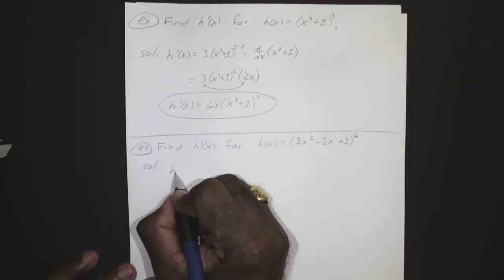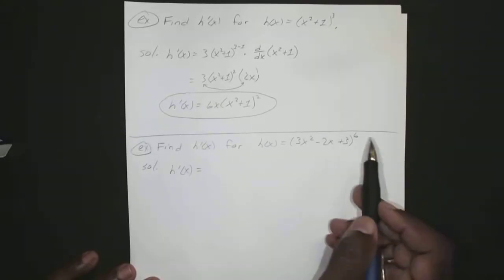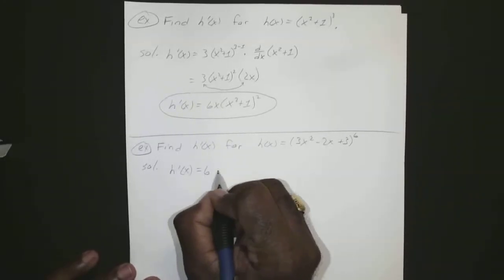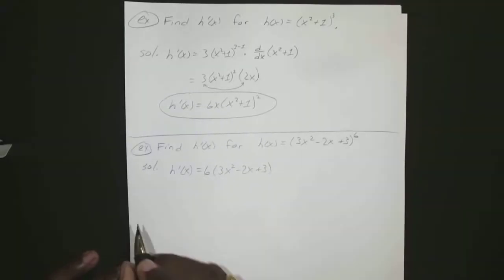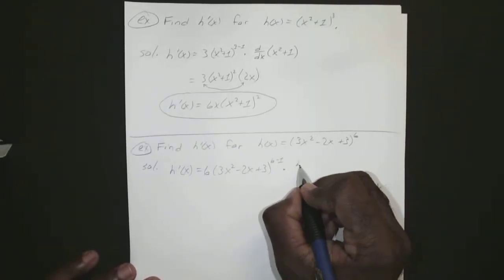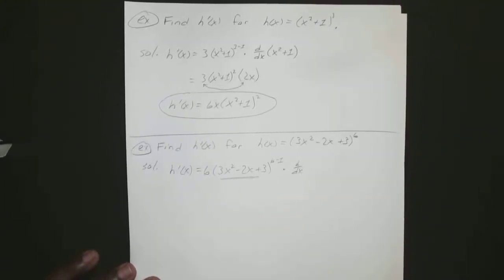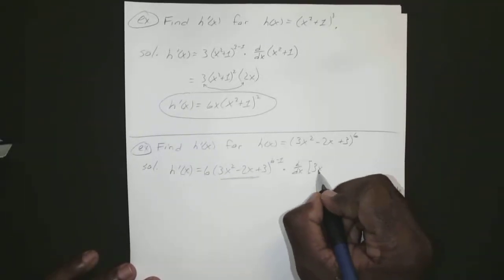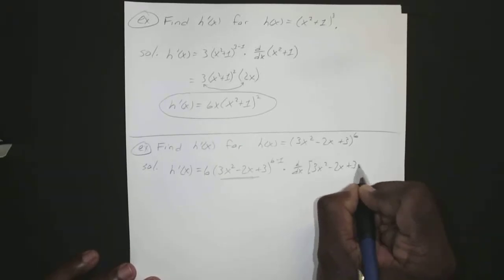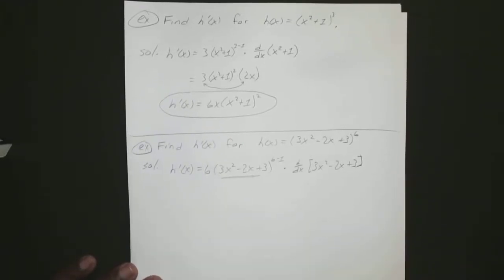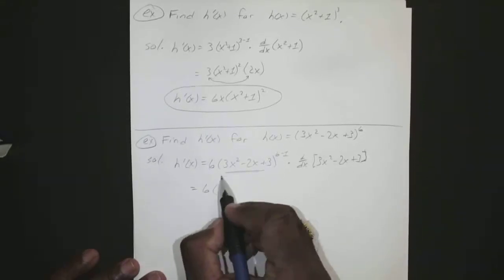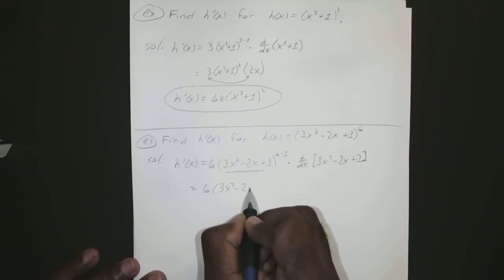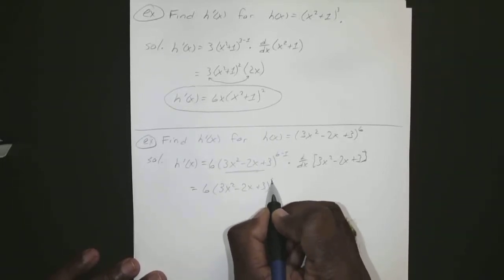Okay, so our h prime of x, just using the power rule, we're going to bring that 6 down to the front. 3x squared minus 2x plus 3, and subtract 1, times the derivative of what's inside. Okay, so we end up with 6 times 3x squared minus 2x plus 3 to the 5th power